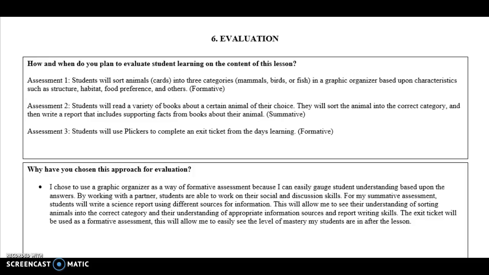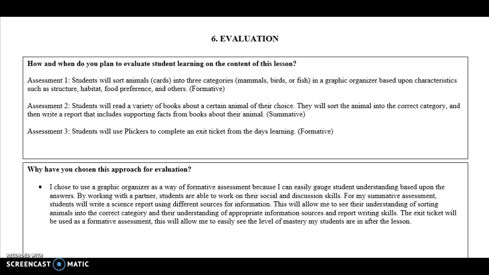Assessment 2. Students will read a variety of books about a certain animal of their choice. They will sort the animal into the correct category and then write a report that includes supporting facts from books about their animal. This is going to be a summative assessment because it combines both the literacy and life science standards. And I just think that it's also great to let students work and practice their writing skills, especially writing